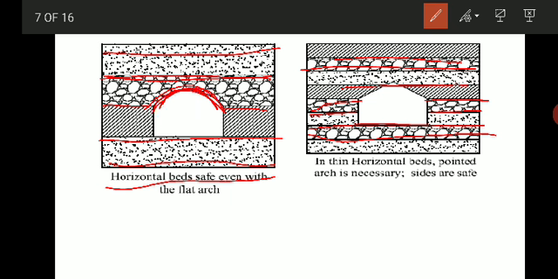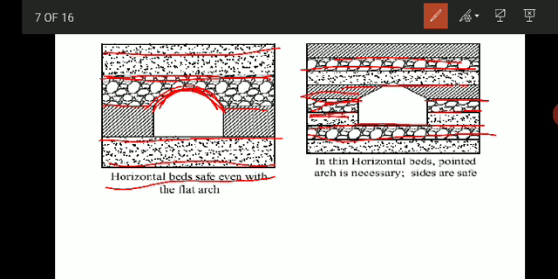So these rocks, because they are thick, act as a natural beam, and that is why it is safe. But when very thin layer rocks are present, or if there are fractures present in the rock, they cannot be depended on as a natural beam. You cannot depend on it acting as a natural beam, because the layers are very thin, right? So in such cases, either you have to modify the roof into an arc type, or it has to be protected by providing lining.